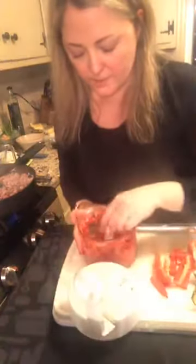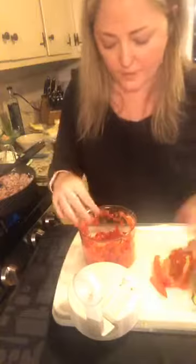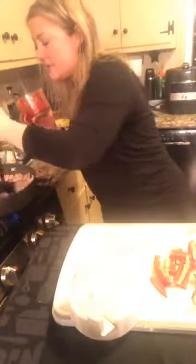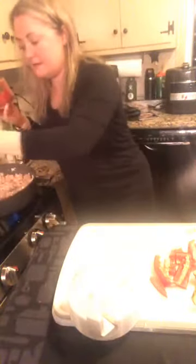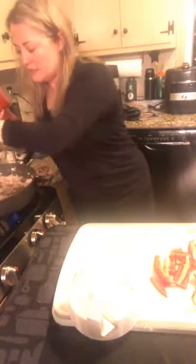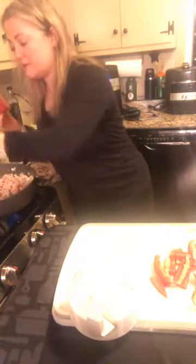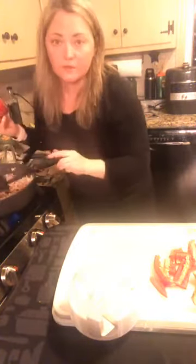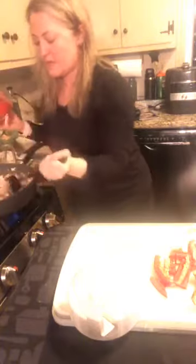Okay, so I'm going to put my red onions in with my pork sausage and the onions in my 12-inch skillet, which again, I'm excited because May hosts get any piece of cookware they want at 60% off. And people always ask me, what do you use the most? I use my 12-inch skillet because I bake things in it, cakes and...